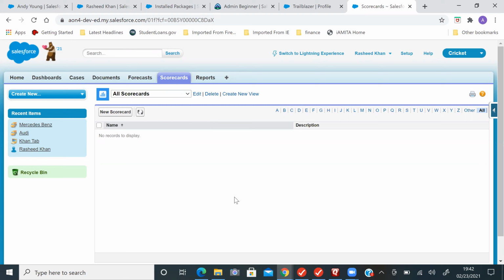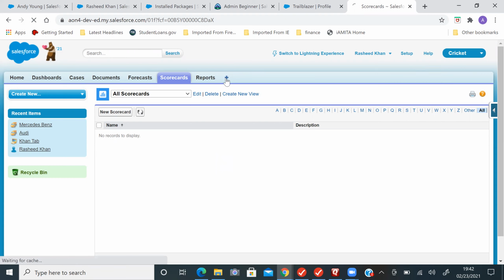So now we will be creating a logo for it. You can have the logo for the cricket application. You need to create the folder here. Your folder, for example, click on that plus button.